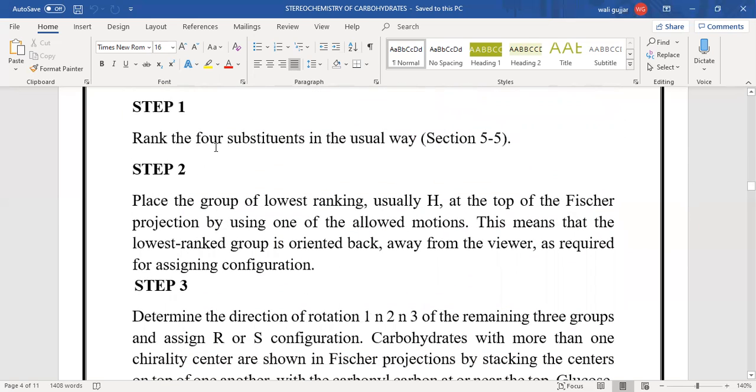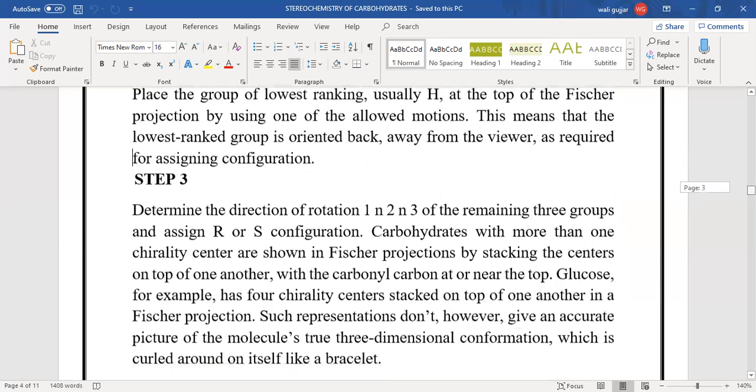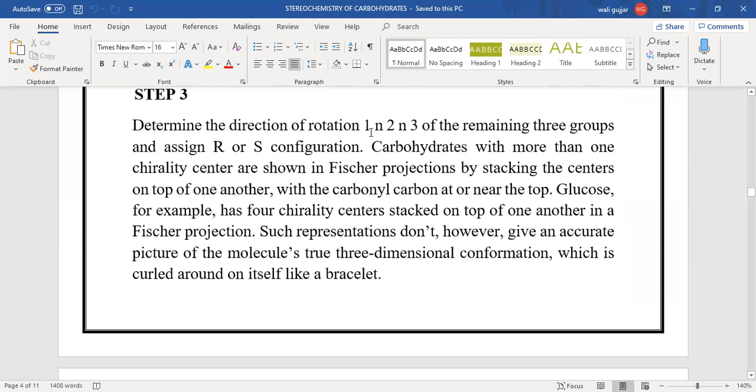Step 1. Rank the four substituents in the usual way. Step 2. Place the group of the lowest ranking, usually hydrogen, at the top of the Fischer projection by using one of the allowed motions. This means that the lowest ranked group is oriented back, away from the viewer, as required for assigning configuration. Step 3. Determine the direction of rotation 1, 2, and 3 of the remaining three groups and assign R or